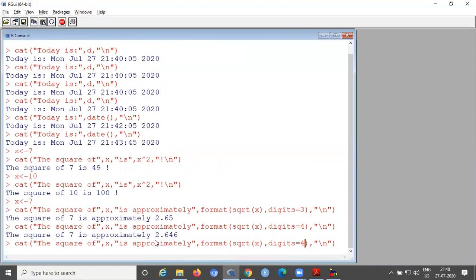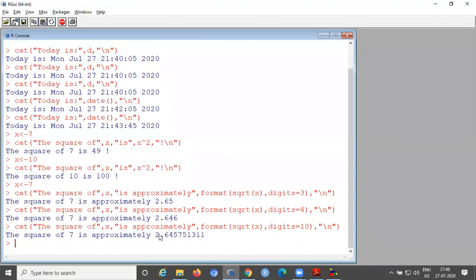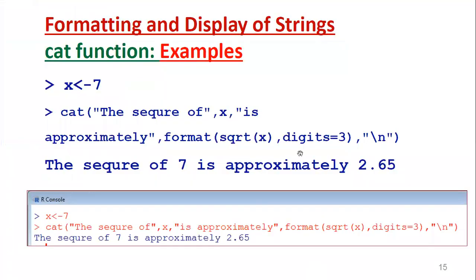Then if you use 10 digits, you can see all together 10 digits combination. So that is the use of the format function within the concatenate function.